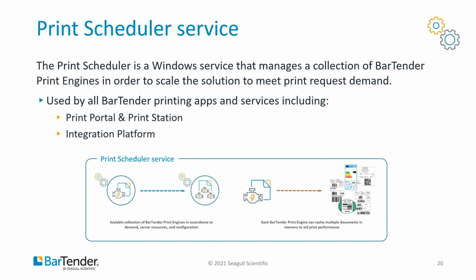As requests are being made to print, whether by an automated process via the integration platform, or via manual print requests using the Print Portal web application, or even Print Station if on premise, those print requests are pushed to the print scheduler service, which will scale automatically and on demand a number of print engines in order to cater to that number of